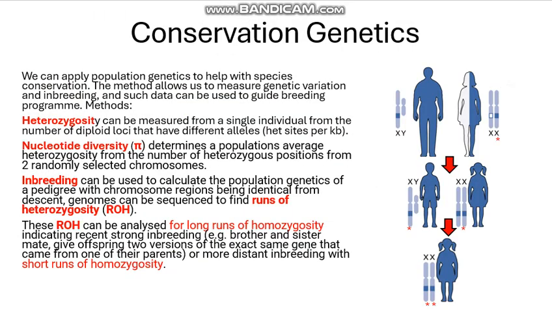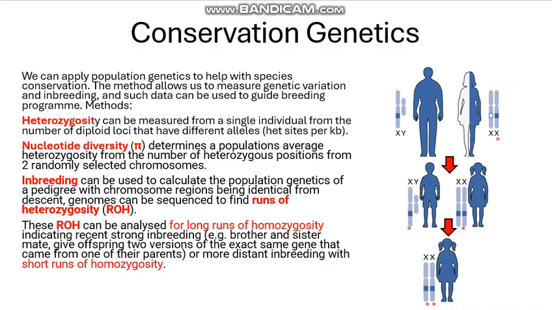We can apply population genetics to help with species conservation. The method allows us to measure genetic variation in inbreeding, and such data can be used to guide breeding programs. Methods include heterozygosity, which can be measured from a single individual from the number of diploid loci that have different alleles, or het sites per kb,